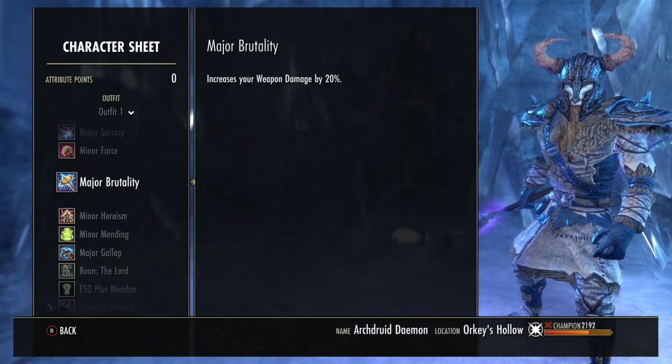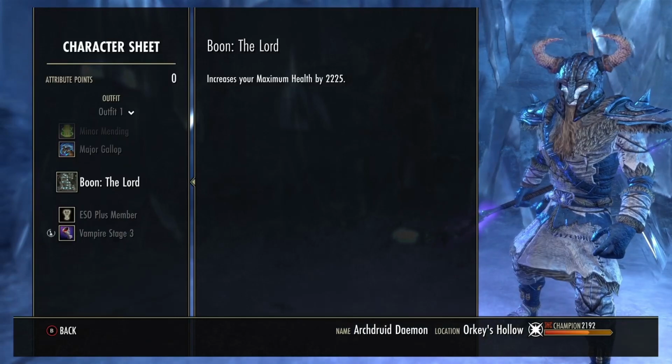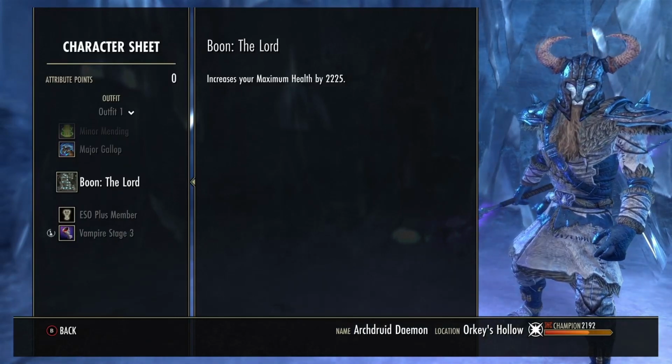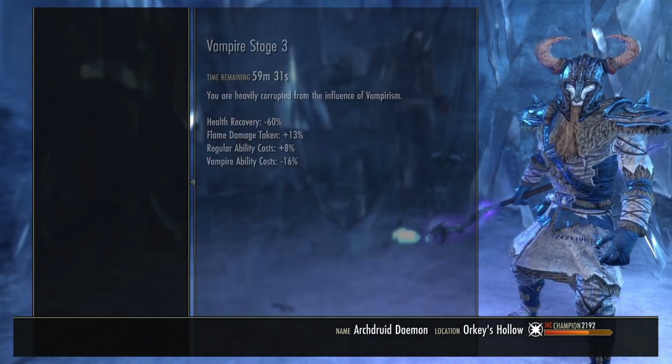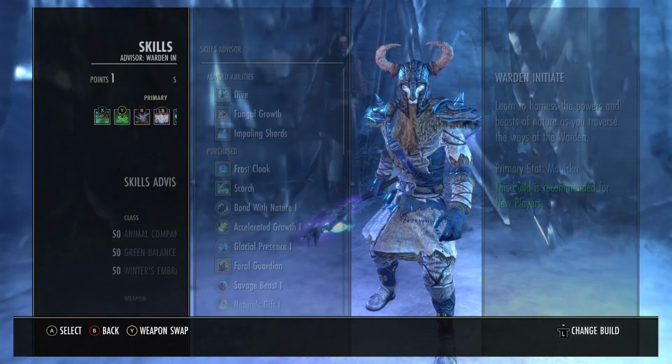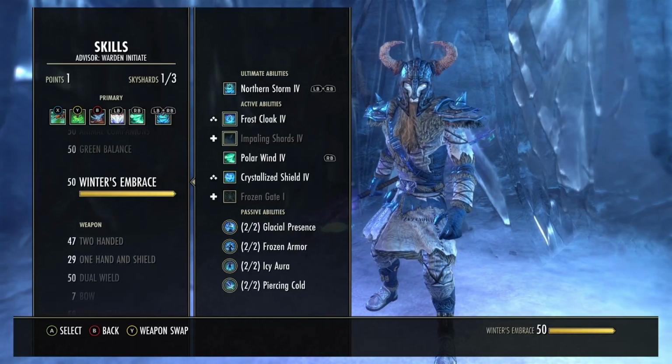And this is all the buffs you get. Most of them are from the Oaken Soul. We're running the Lord Mundus for the maximum health bonus, and also we are running a Vampire Stage 3 for the Undeath passives. So we'll go through the skills, so make sure you have all your passives in your 3 class lines,